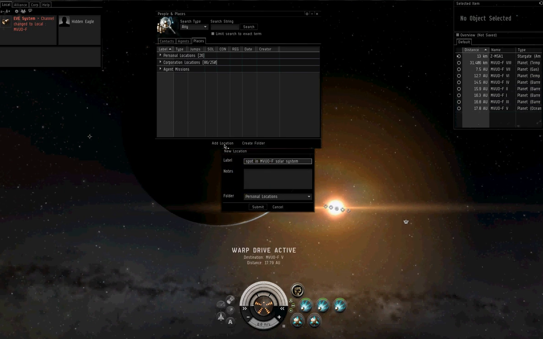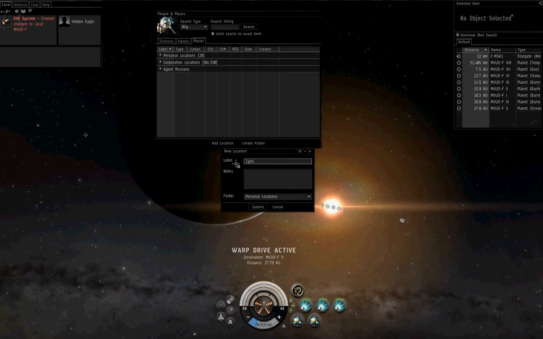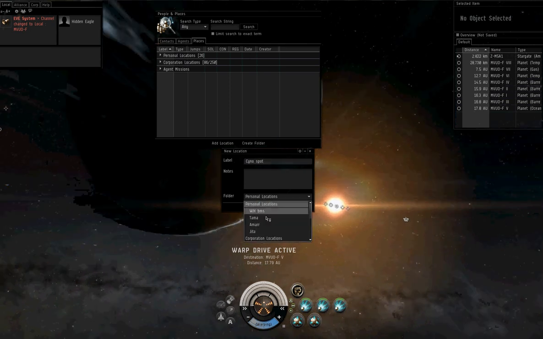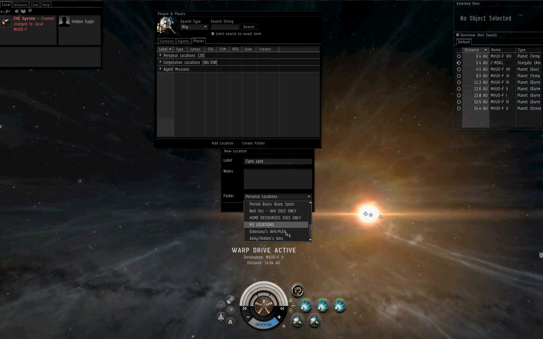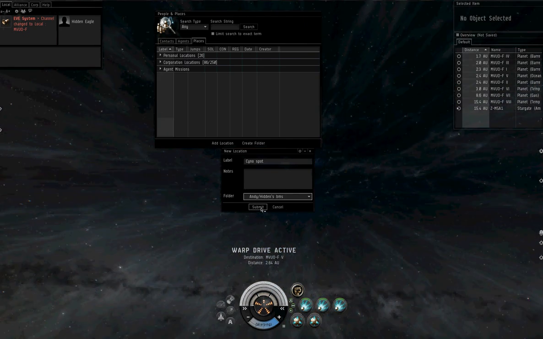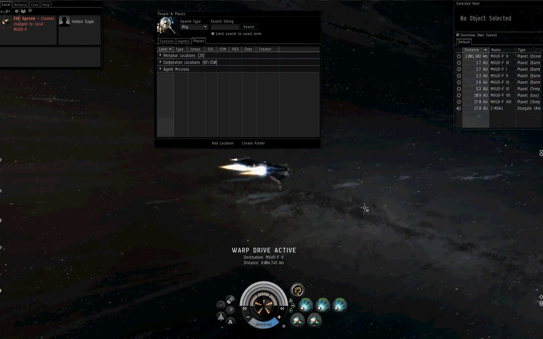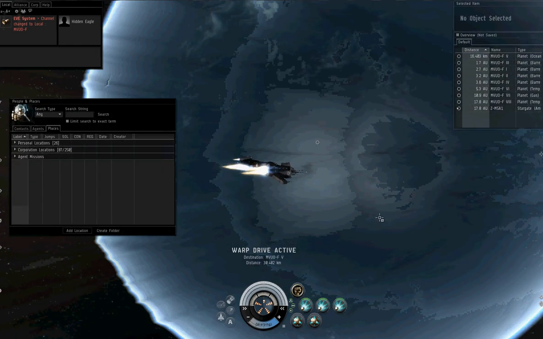So I'm going to add a location, and I'm going to call this my Sino spot. I'm going to add it to a corporate location that I've already created. Ideally I would have done that between those two systems, between those two spots. When I look on the map